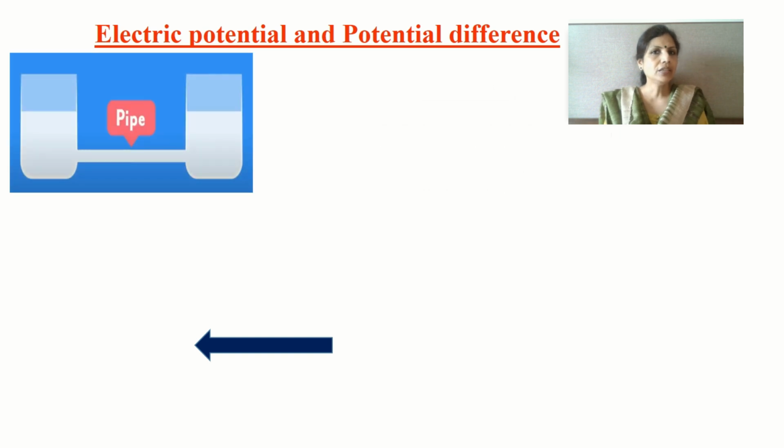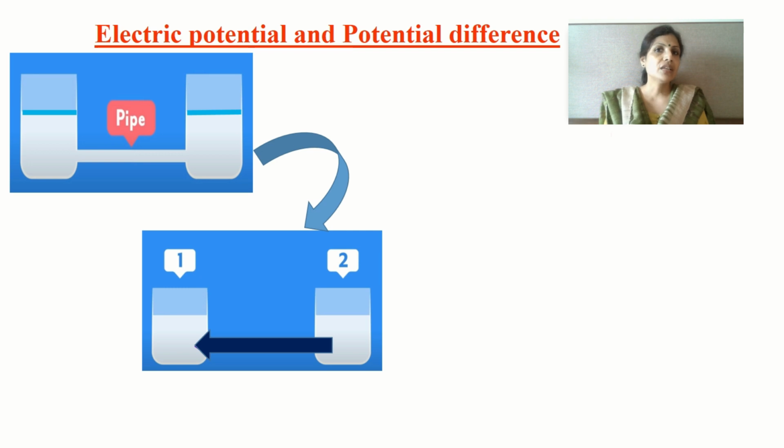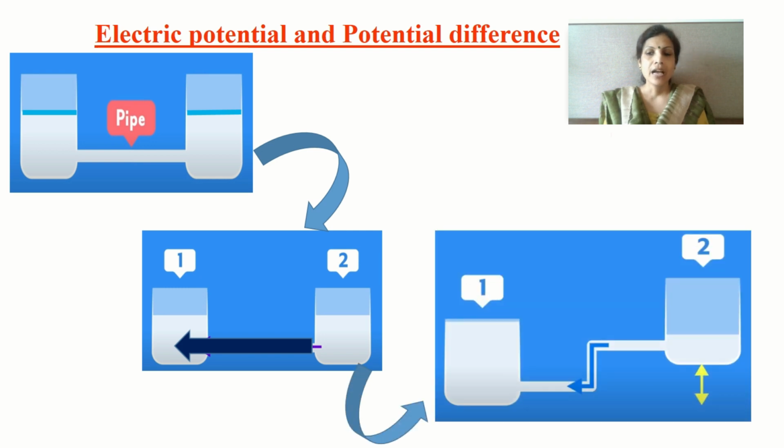We'll take two beakers, and both beakers are attached to each other with the help of a pipe at the bottom. You keep pouring water in one beaker and you will observe that the level of the water in both beakers always remains the same. But now I want the water to flow from beaker 2 to beaker 1 in this manner. So what changes do I need to make in this case? I will raise the height of the beaker, and because there is a rise in the height, now the water will flow from beaker 2 to beaker 1.